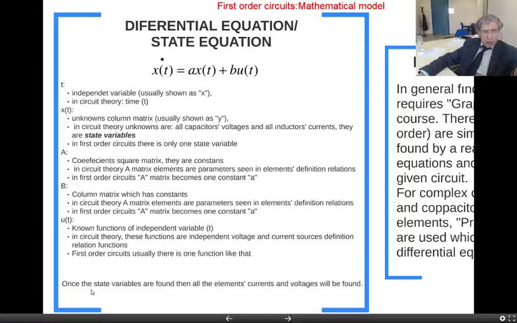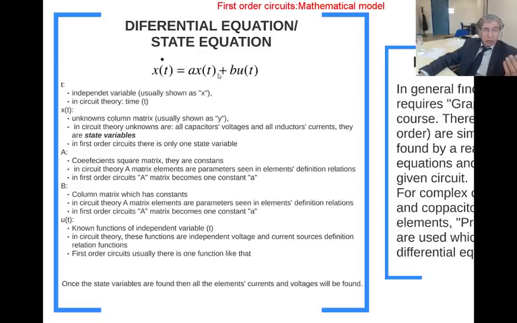So it says here, once the state variables are found, then all the elements' currents and voltages will be found. As soon as you see that equation here, this unknown, we already said if it is the first order inductor current, you're going to find only one variable within your circuit. What we are saying is, once you have found these state variables, you can find all the elements' currents and voltages by using the state variable that you already found. So it is like